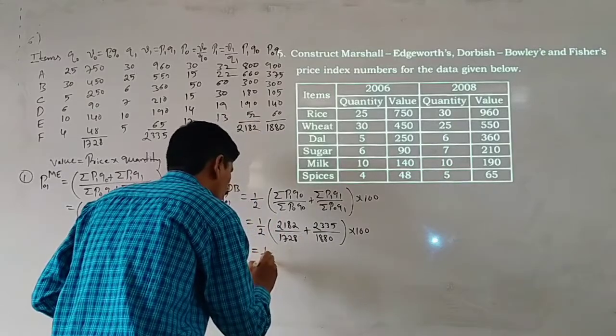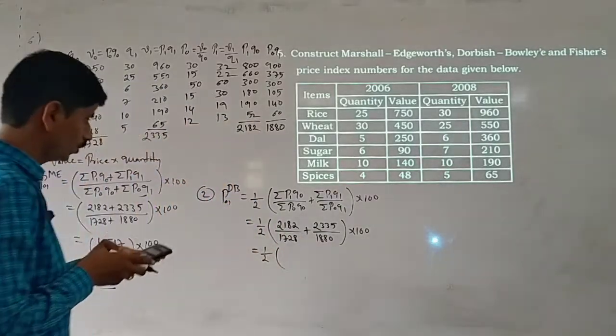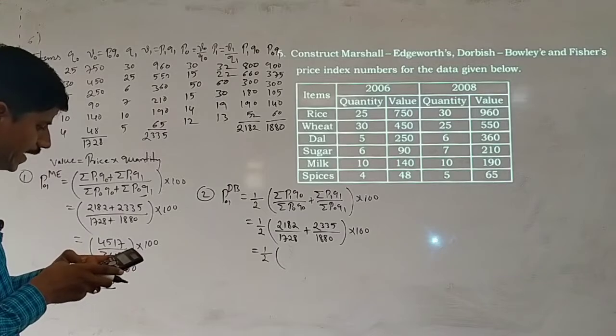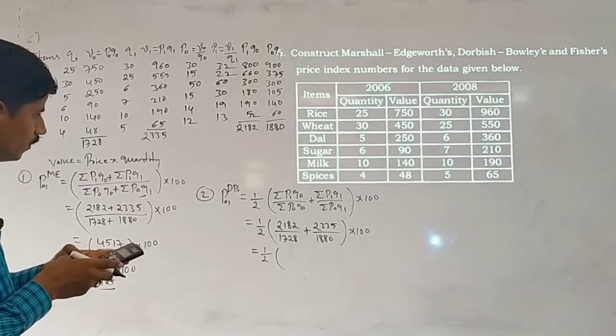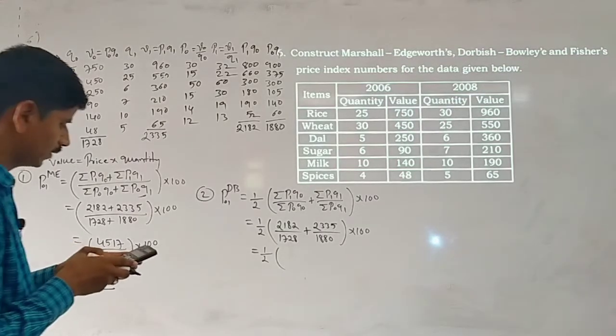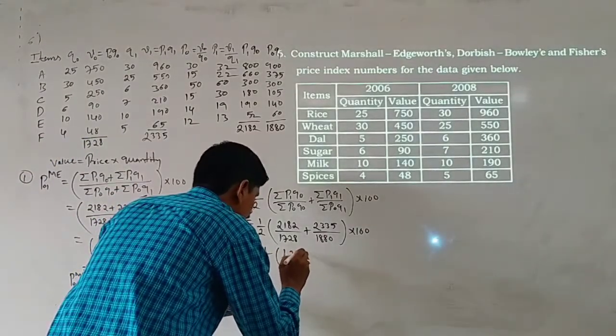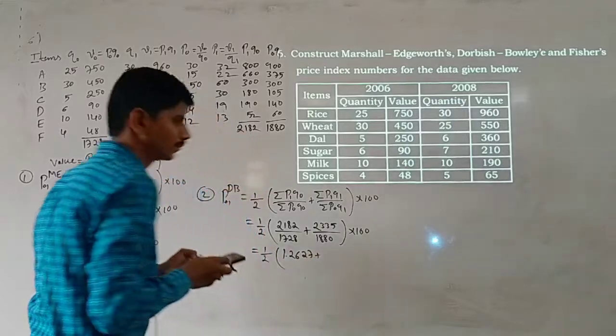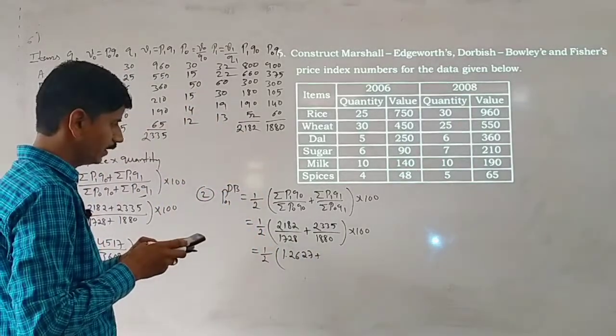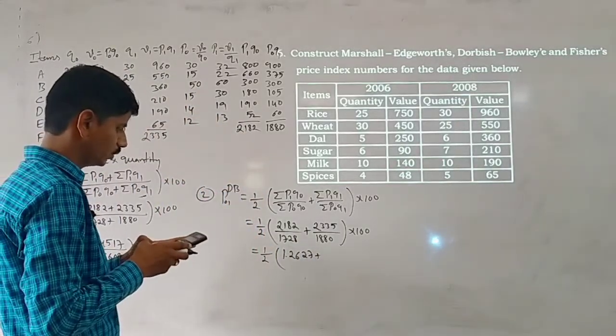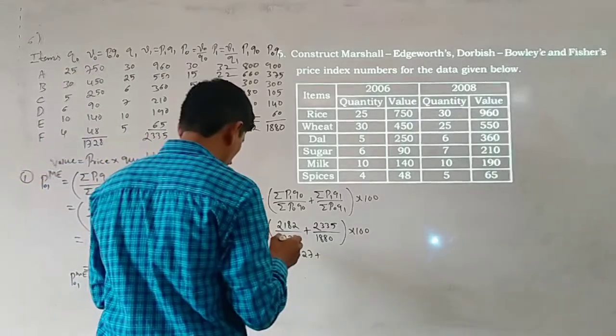That is equal to 1 by 2 into 2182 divided by 1728, which is 1.2627, plus 2335 divided by 1880, which is 1.2420